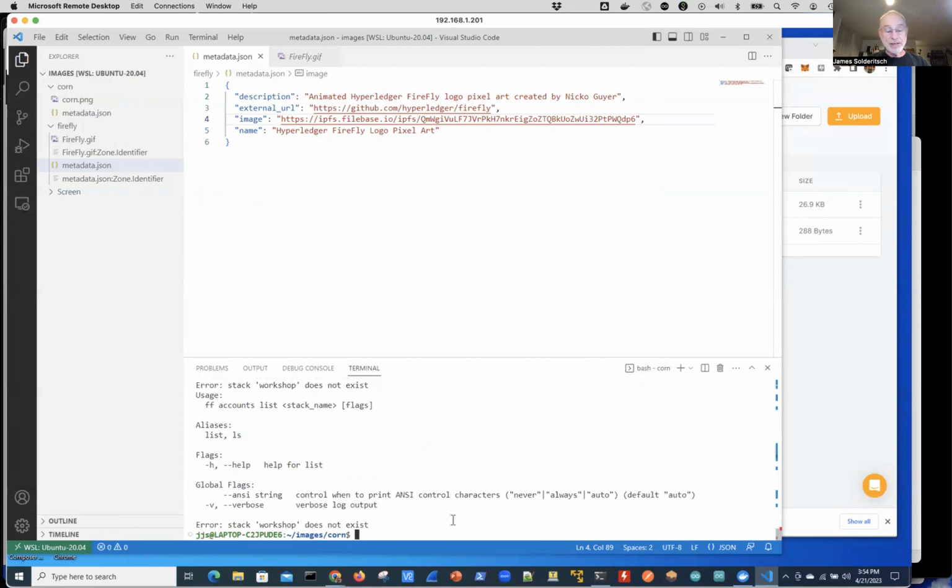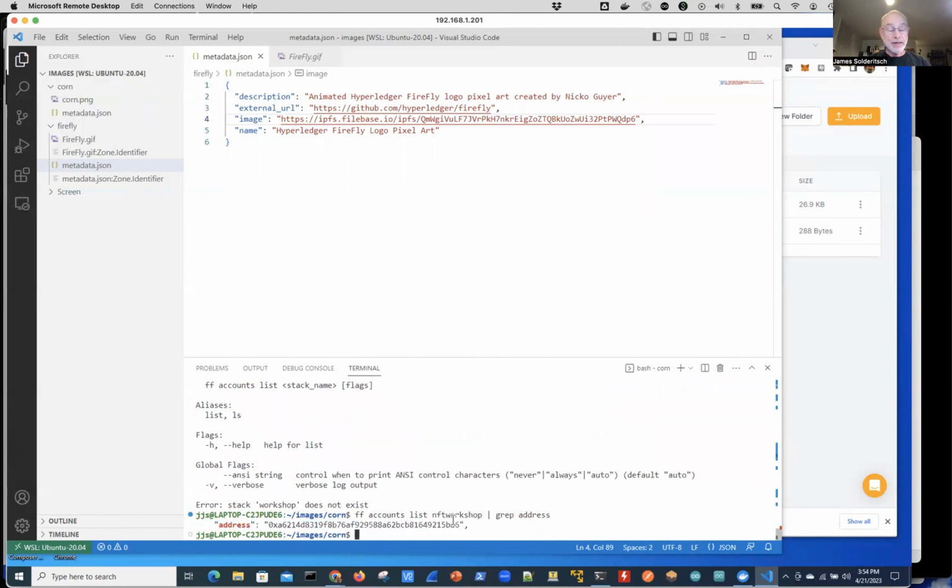Oops, that's the wrong name of the stack, because I'm calling my stack NFT Workshop. That's why it gave me a mistake. NFT Workshop. And so that's the address. In the workshop notes, it says you want to be able to put Sepolia Ether into that address. So if I haven't tapped the faucet in Infura lately, hopefully I haven't, I can take that address, Control-C it, and then go back to